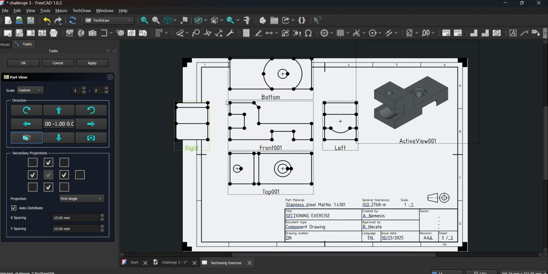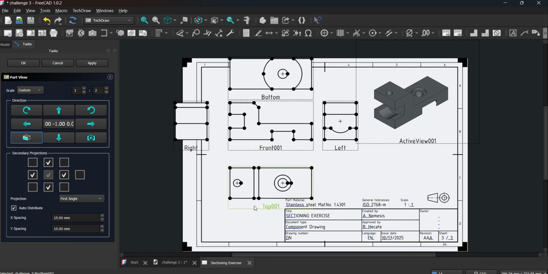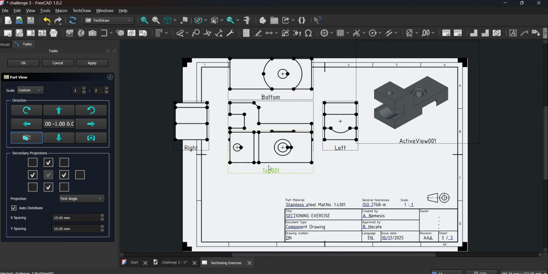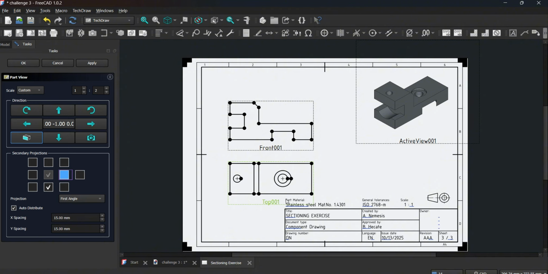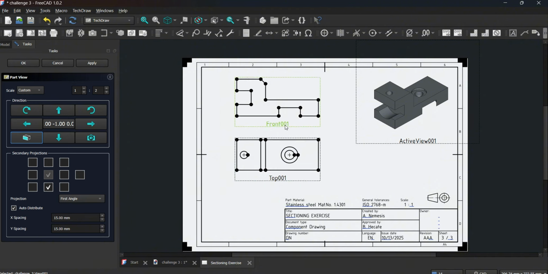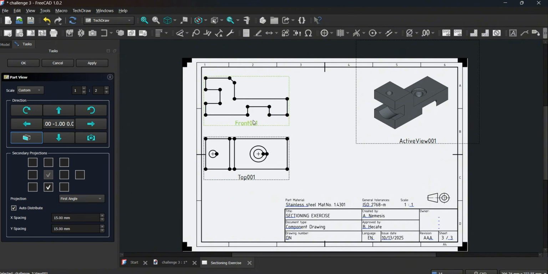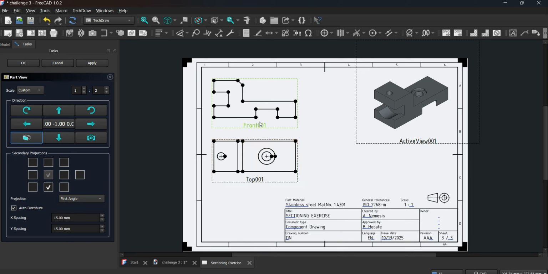You cannot align it to the bottom; it's aligned to the front view. This one, you can move up and down, but you cannot move it sideways because again, it's anchored to the front view. The same with the bottom. So again, let's go back. We only need the top view and the front view. Now we have the necessary views. Another fact when we use FreeCAD TechDraw: when we move the front view, everything moves, because the others are anchored to it.